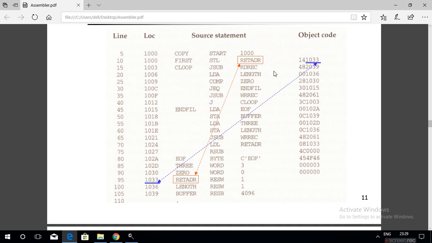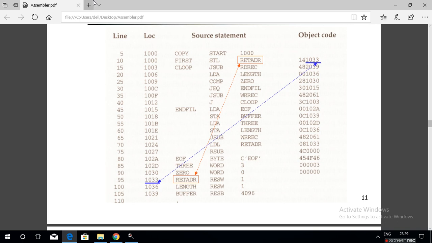So in pass 2, whenever a symbolic name appears, 1033 will be substituted, because the symbol table contains, for each symbol, the equivalent address. The symbol table is created during pass 1. So for all these symbols the equivalent address will be assigned.